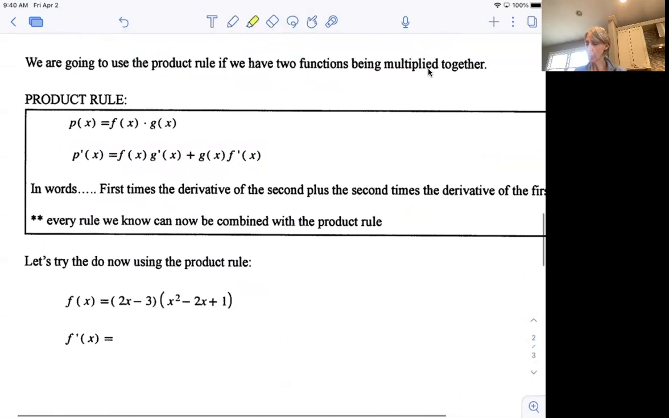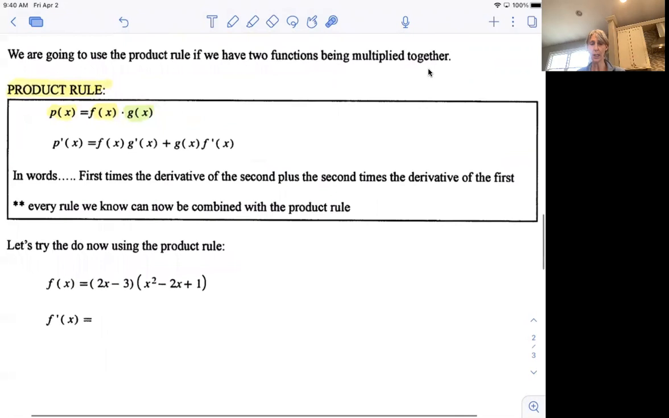So for instance, the product rule states, if P of x equals f of x times g of x, actually, we'll do this in a different color, right? If I have two functions there, then the product rule, the derivative is P prime of x is the first, f of x, times g prime of x, plus g of x times f prime of x. Now remember, I could derive this rule using the definition of the derivative, but it's very, very complicated. So we're just going to say,